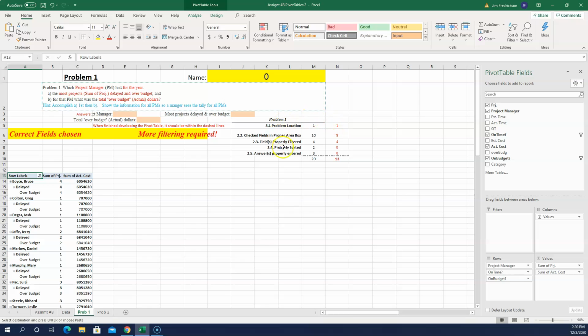And if you take a look here, as we've been clicking and selecting things, we've been gaining points. So these are the possible points right here. And here's the points that we've gathered so far. So problem location was when we copied the problem in here, we got credit for it. Checked fields in proper box. So we have all the fields checked correctly, but we need to make sure that all of the fields are